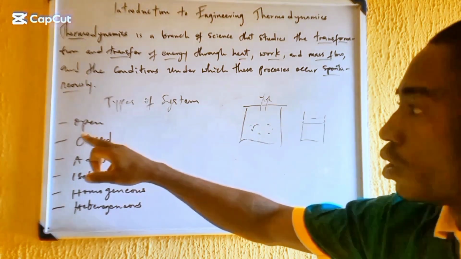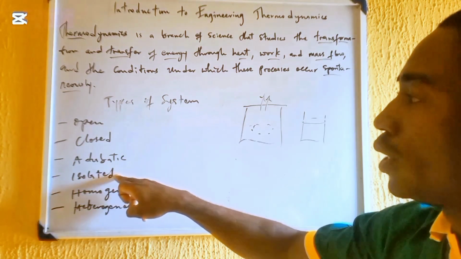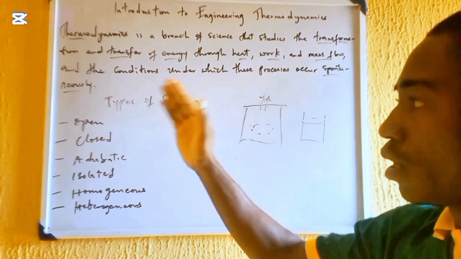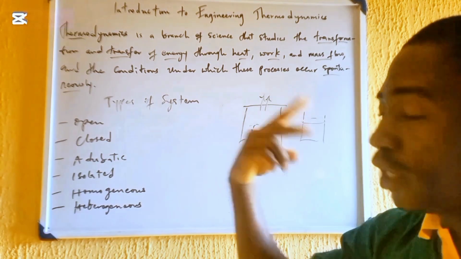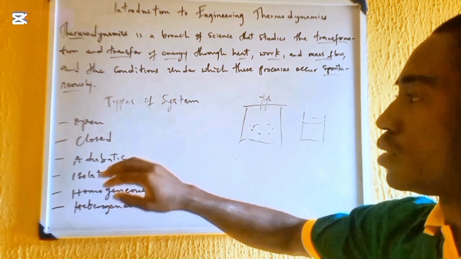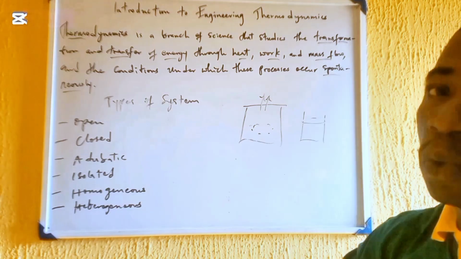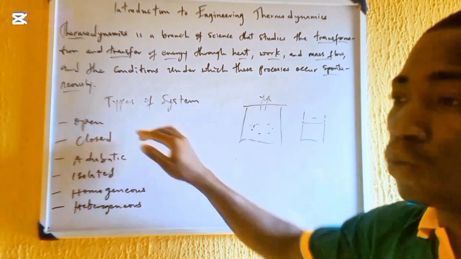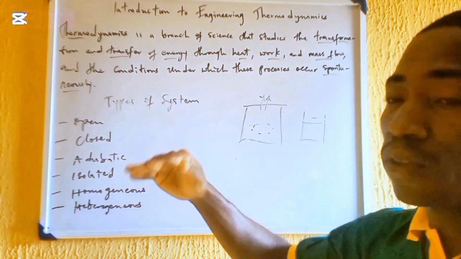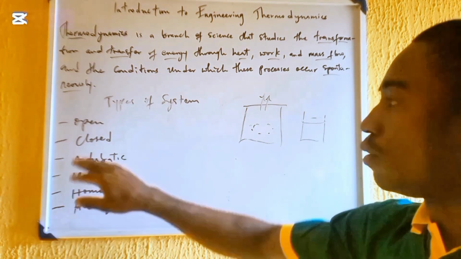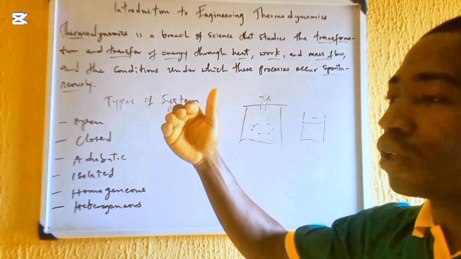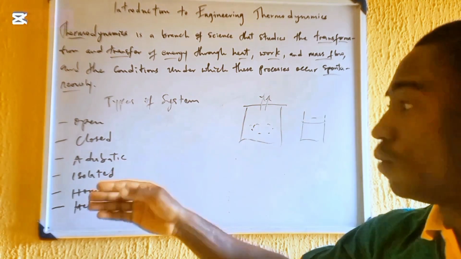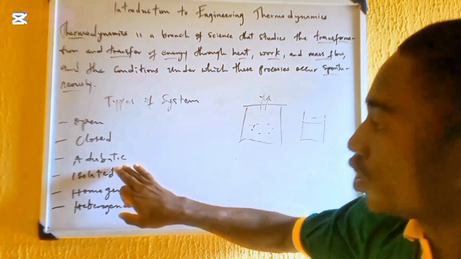Now you can see the progression from open system to isolated system. Initially, energy could flow across the boundary through mass flow, heat, and work. But we said no, we just want energy to flow through heat and work alone. Then that gave birth to the closed system. The moment we closed the open system, mass can't flow, which gives birth to what? Closed system. Energy can flow in the form of heat. Energy can also flow in the form of what? Work.